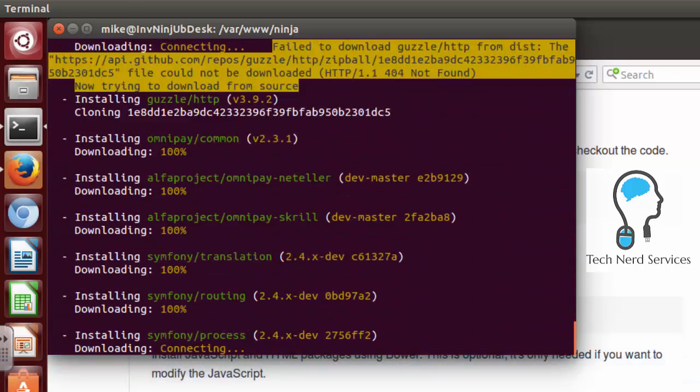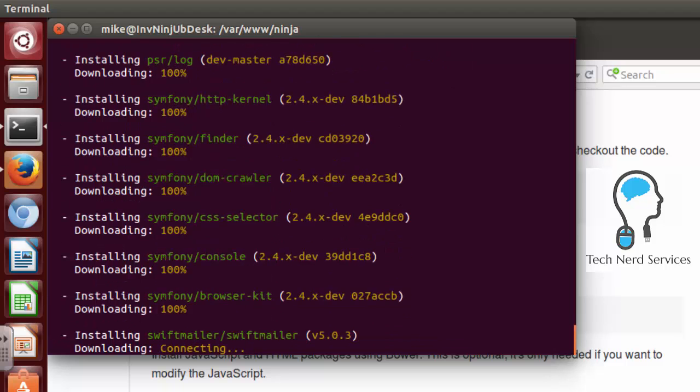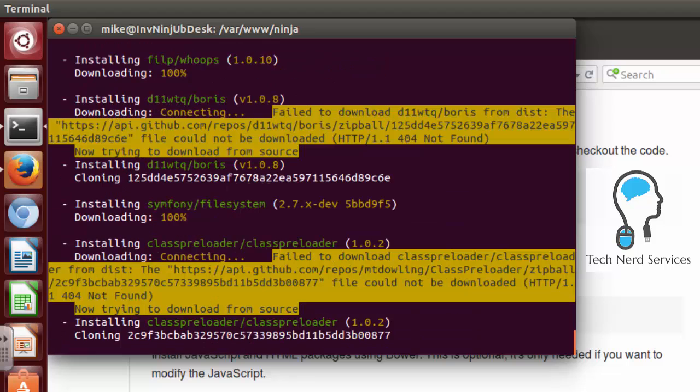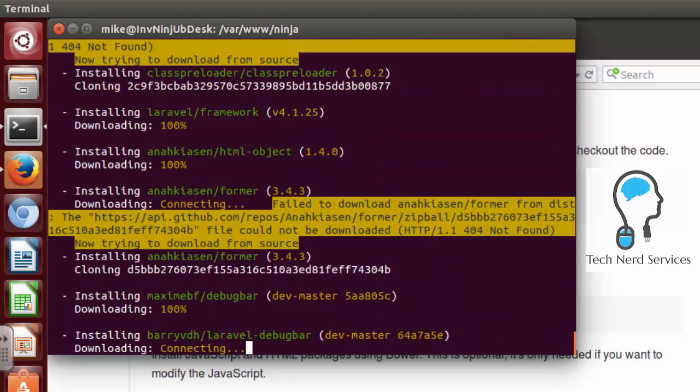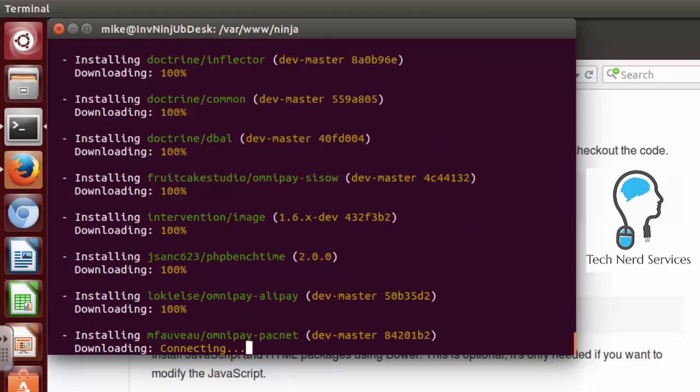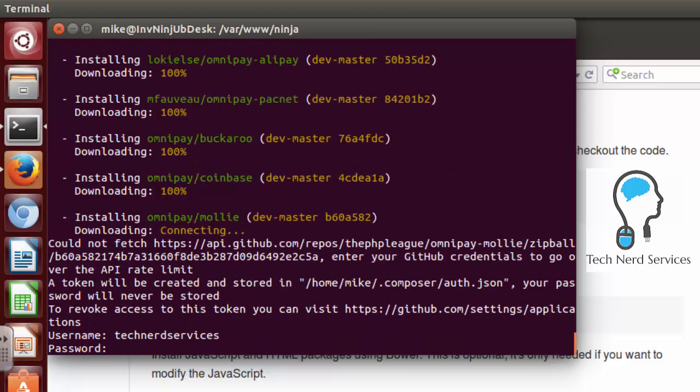We're going to see some yellow lines saying that it also failed to download some of the packages. We're not going to worry about that for now. We're just going to get through the first initial installation through Composer. So this has been sped up. It does normally take a little bit longer, and it will stop halfway as you see now,